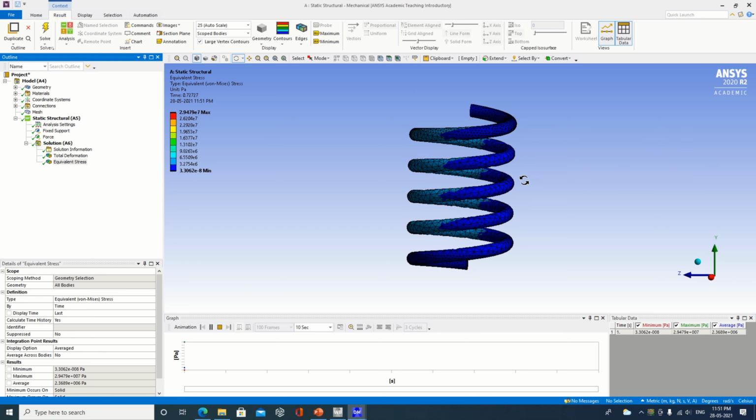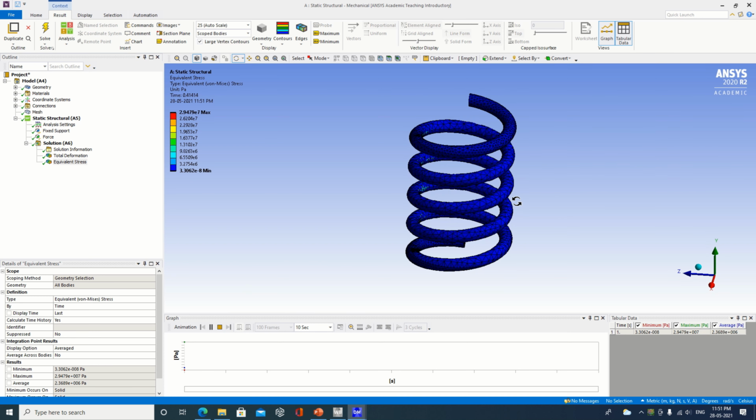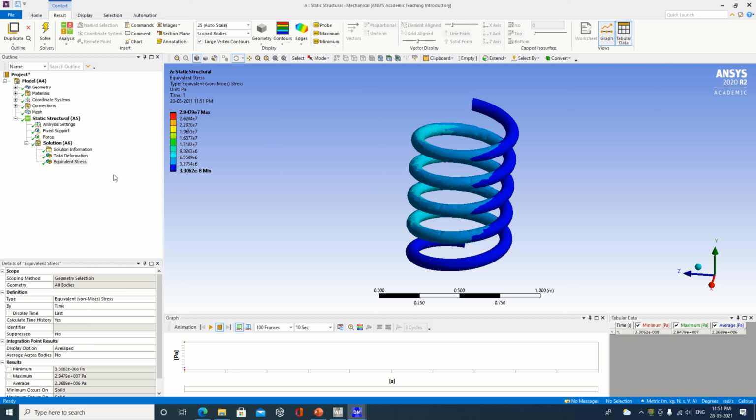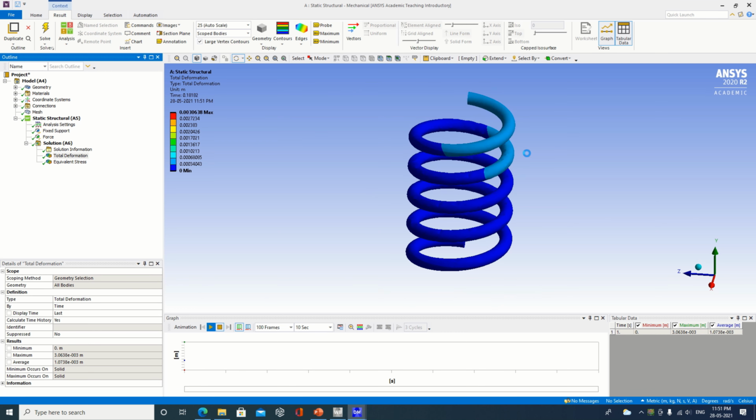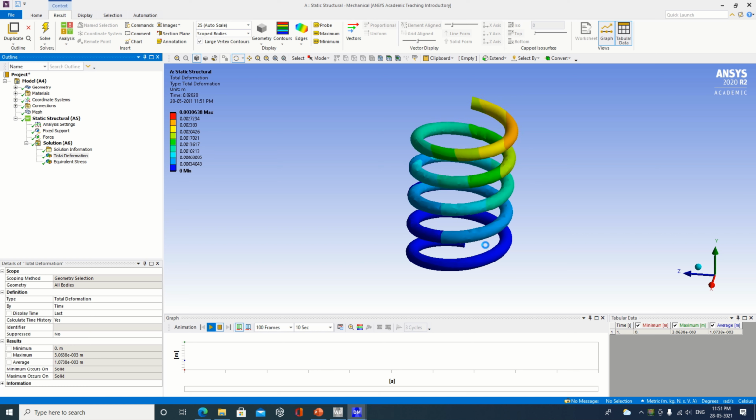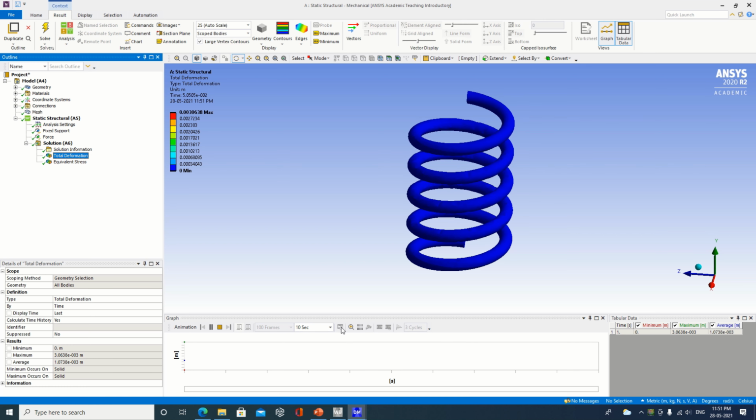You can just slightly change the view of the object in order to visualize it in a better way. Now if you don't want to see this mesh, simply select no wireframe. In this case it will be quite a better visualization for all of you, so you can select that particular option over here. So this is how the analysis of the leaf spring we have seen. Now if you want to save this result, simply you have to go here and you can export this video as per the file format.